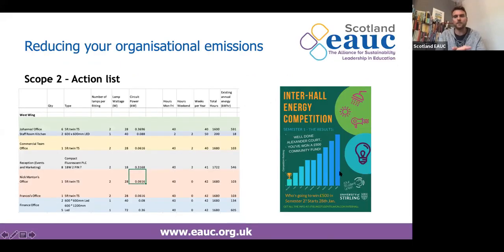And then alongside that, looking at wider campaigns, so you can tie in what you're doing in the union to wider behavior change as well. So we ran an Interhall energy competition. I know other universities do these, and we found it really successful. In the first year we ran this, Polwarth, which is an accommodation block, reduced their electricity use by 20% over an entire year. And collectively, the university saved about £5,000. So we gave the winning hall £500 each semester, and the university had essentially a £4,000 saving.